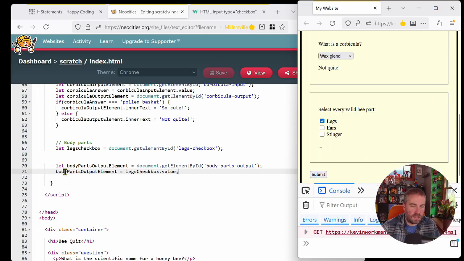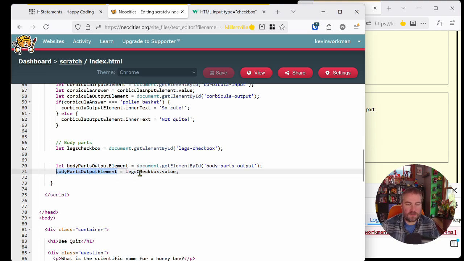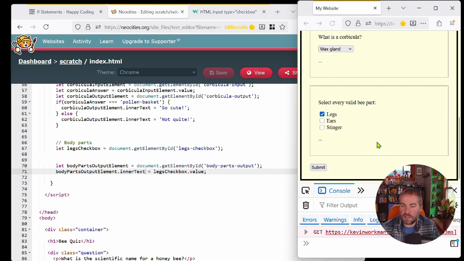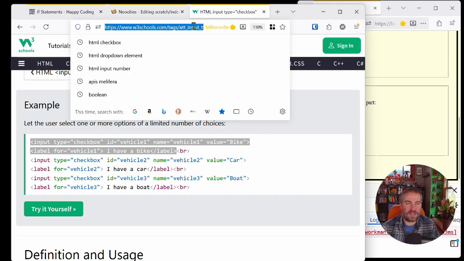Oh, that's because I said body parts element equals legs checkbox dot value. Of course, I want the inner text equals legs checkbox dot value. Refresh, and now hit submit, and ooh, "on" or "on" again. So I don't know if that's something. So maybe I'll say